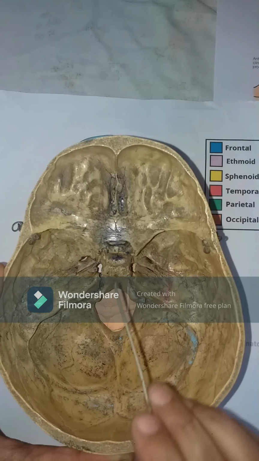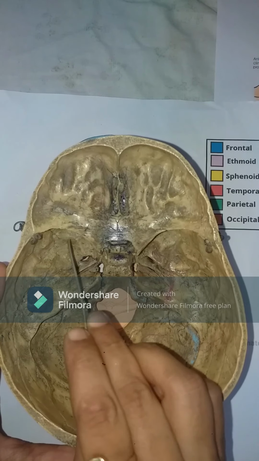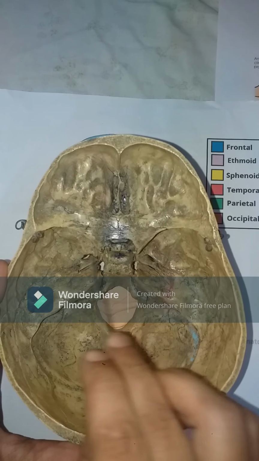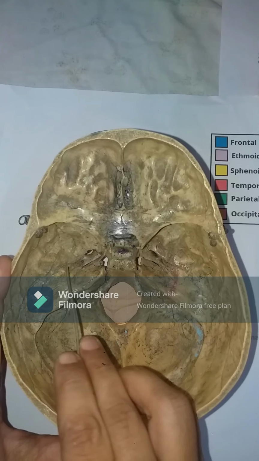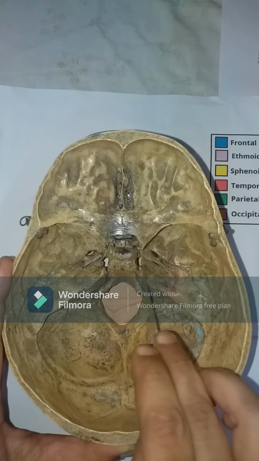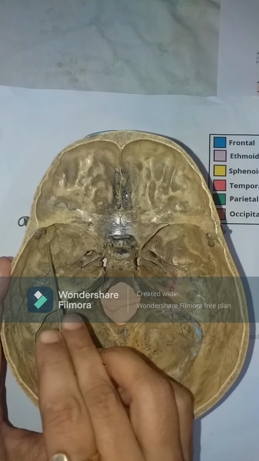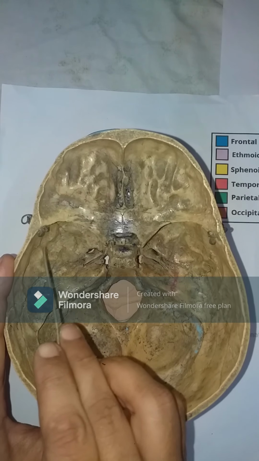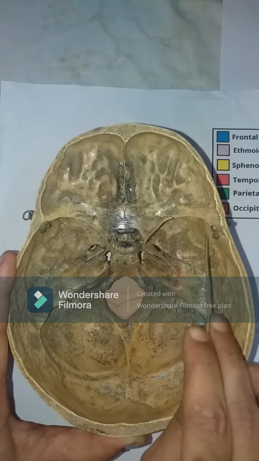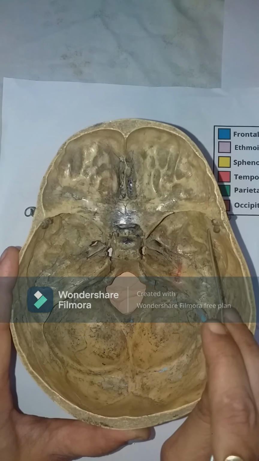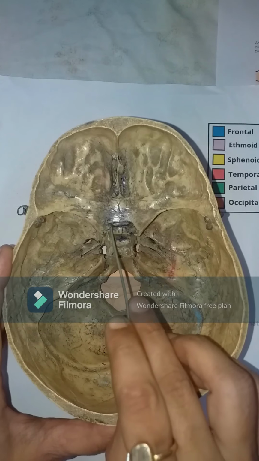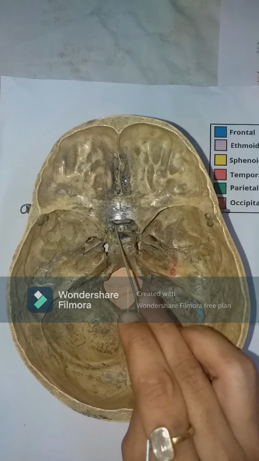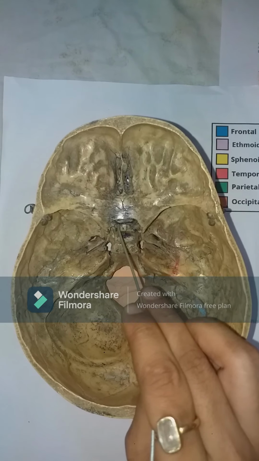And if you realize, the middle cranial fossa laterally has the greater wings of the sphenoid, the body of the sphenoid. It has the petrous part of the temporal bone, the squamous part of the temporal bone, and more superiorly, it has the parietal bone, specifically the antero-inferior angles of the parietal bone. Let me show you these bones and articulate them so that you understand them better.